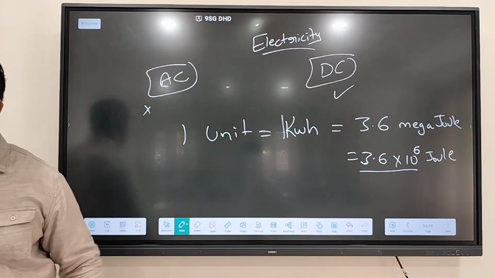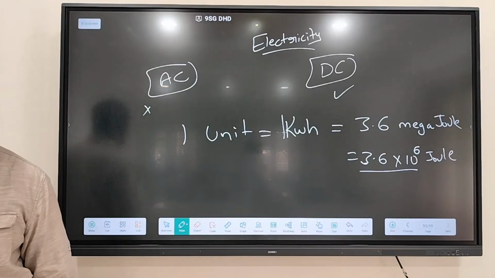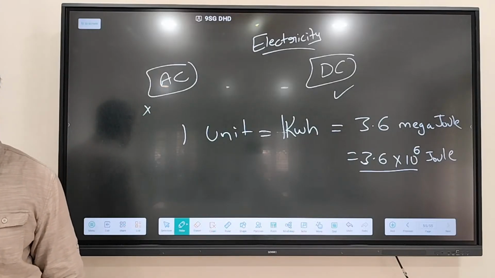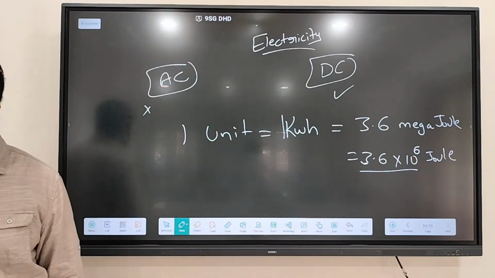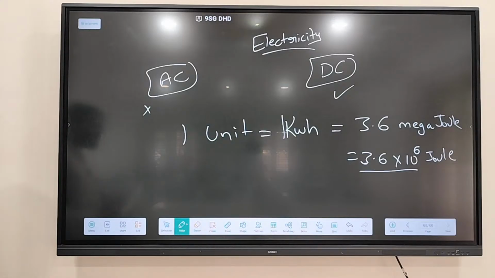When we are measuring any values, we will be using mega, giga, like this. When we are counting any numbers or objects, we will be using million, billion, right? 3.6 megajoule is 1 unit, 1 kilowatt hour. 1 kilowatt hour means